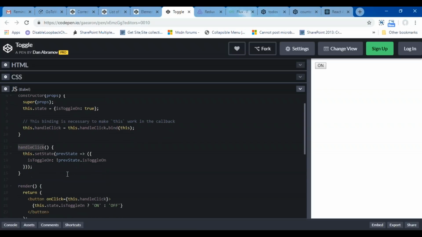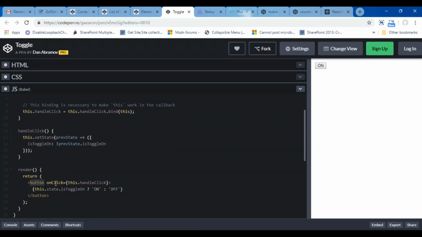And in this handleClick event, because I have used a button, on the button I am calling an event. Now what is the event? onClick. On the onClick event, I'm calling this.handleClick. And in this, I'm checking this.state.isToggleOn to decide what will be the text of the button. So when I click, if it is true, it will be ON. If it is false, the text will be OFF. So let's see the output. If I click on this button, the text becomes OFF. If I again click on it, the text becomes ON. So this is just the text of the particular button which we are changing based on the state.